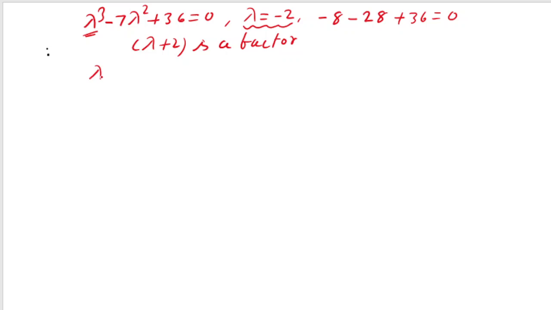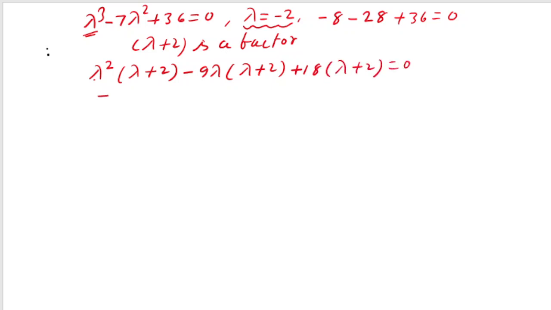So I write lambda square into lambda plus 2. I hope you know how to factorize. And now it is lambda cube plus 2 lambda square. And I want minus 7 lambda square. So I write minus 9 lambda into lambda plus 2. So minus 9 lambda square and plus 2 lambda square will give me minus 7 lambda square and minus 18 lambda. So I need to write plus 18 into lambda plus 2 is equal to 0. So what did I get? I get lambda plus 2 into lambda square minus 9 lambda plus 18 is equal to 0,